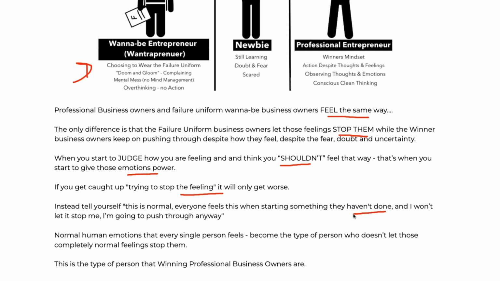Michael Phelps, the Olympian swimmer, when he first learned how to swim, I'm guaranteeing you that he was not born knowing how to swim. People are not born knowing this stuff. They just put up with the feelings long enough in order to actually get good at it. Okay, so don't let that stop you, right? Say, I won't let that stop me. I'm going to push through anyway.